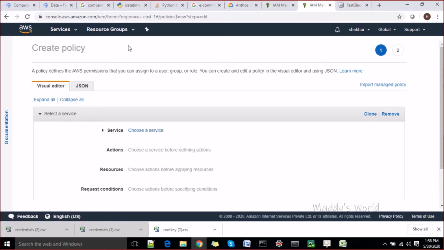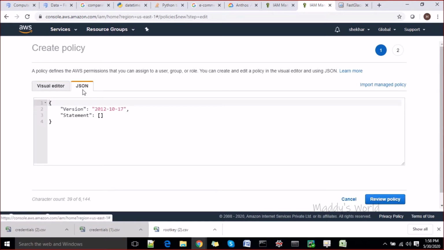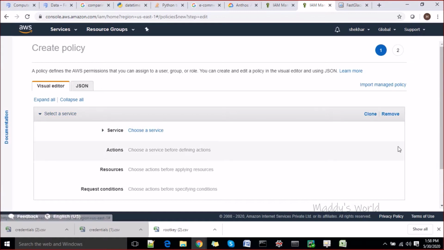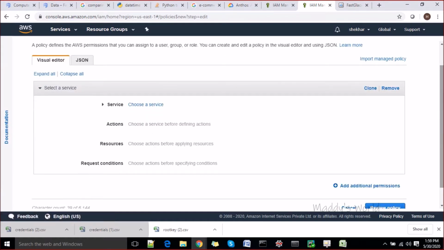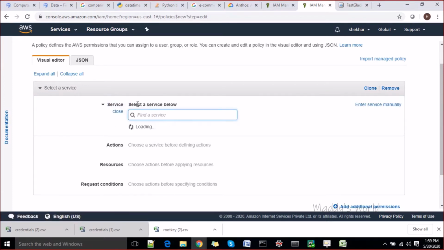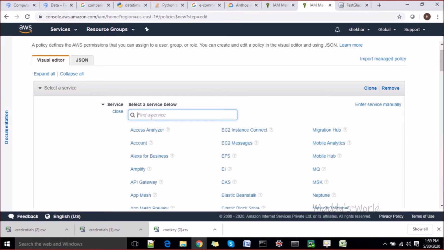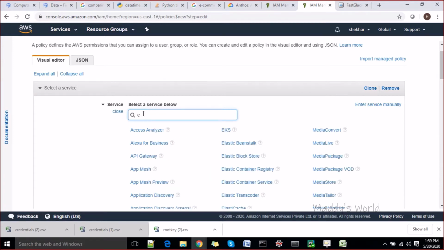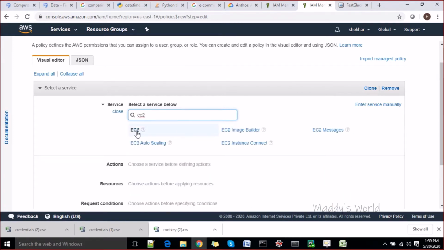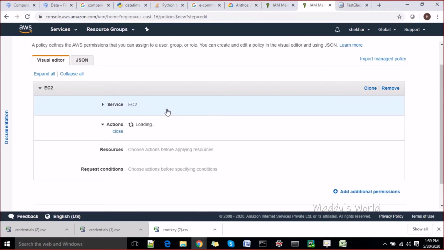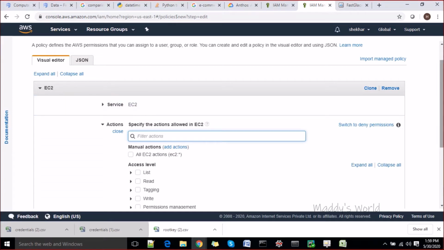Again, when you are creating policies, you have two options. You can use programmatic access here using JSON, or you can use the visual editor and do the things. When you go to the visual editor, first we have services. When we talk about services, you have to choose which service you are going to create the policy for. Let's say I come here and select EC2.